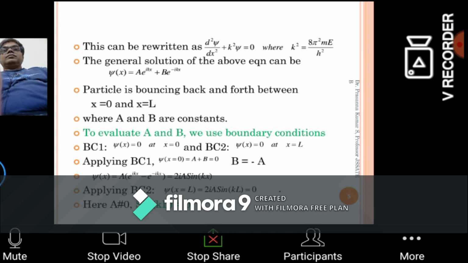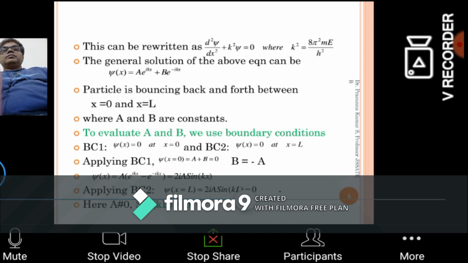I told you here a and b are some constant values. These constant values we don't know right now exactly. These constant values should be evaluated. To evaluate these constants a and b, we use boundary conditions. See, I said psi of x is a e to the power ikx plus b e to the power minus ikx. It is only a general solution where a and b are constants. We don't know what the constant values are. If you evaluate these constants, then certainly you will get the exact solution for the wave function. Now, let us evaluate the constants a and b using the boundary conditions.